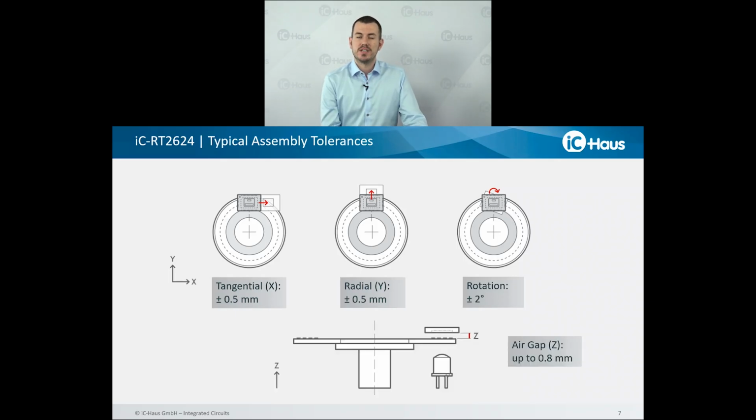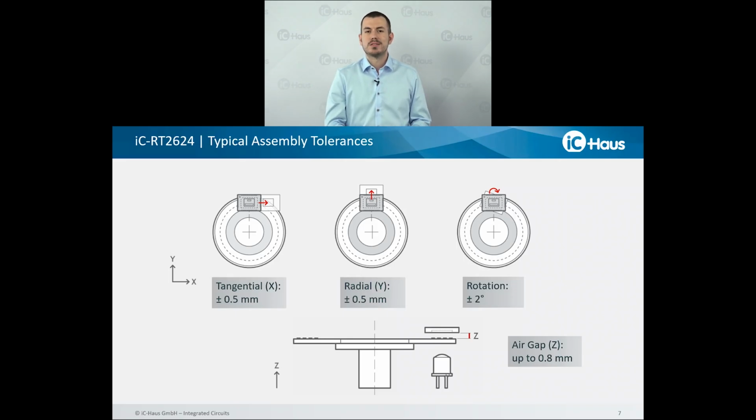And this is also a very good number here. So this high-resolution device can go up to 0.8 millimeter of air gap between the sensor package surface shown here and the code disk surface. Of course, you can go as close as possible. Okay, that's it for assembly